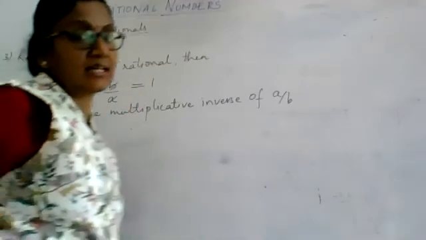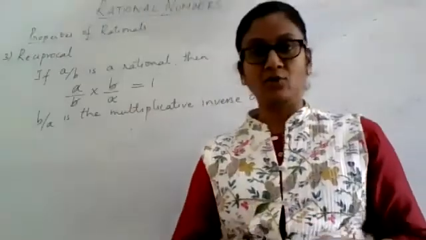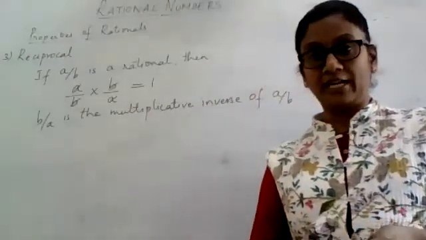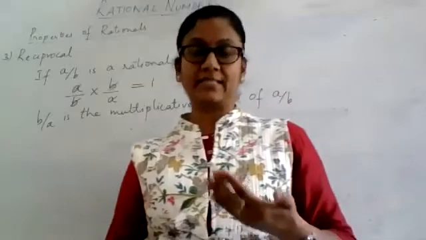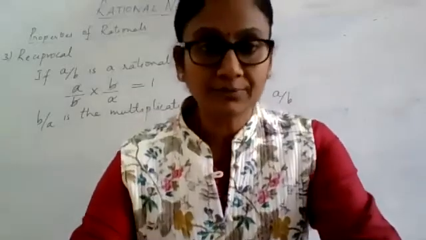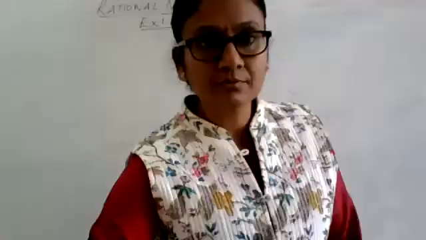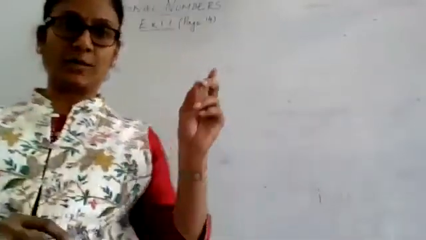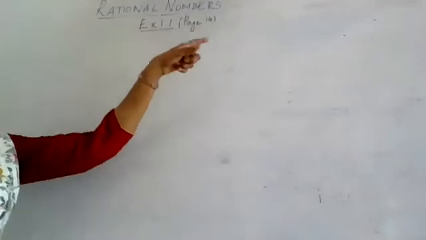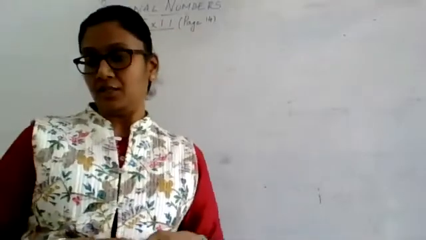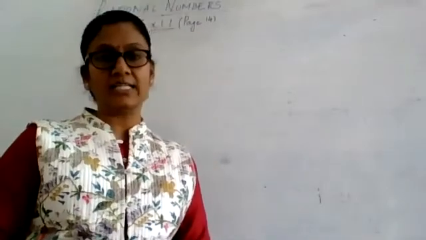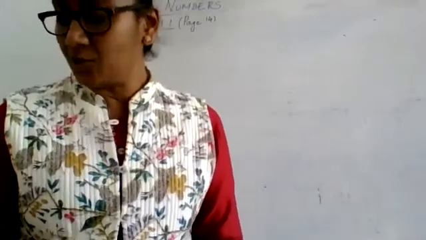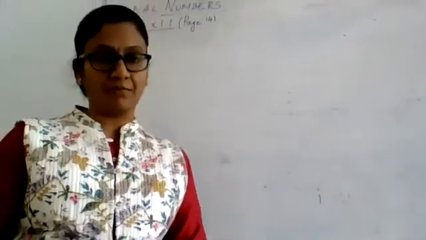Alright. So these are 3 more properties that we have to add to the existing properties so that we complete all the properties and take up problems on the rational numbers. Okay, now we will take up the problems in exercise 1.1. You can look into your textbooks. It is on page number 14. So we will try to find out the additive inverse and the multiplicative inverse of given rationals.